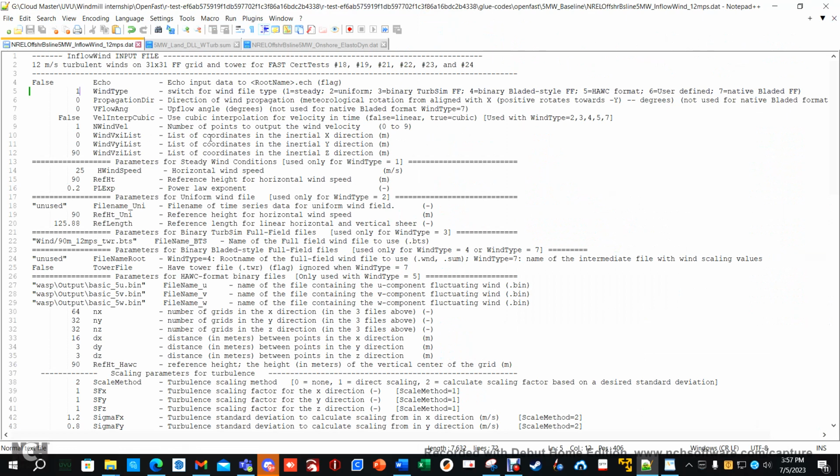Alright, the most important thing on here is this wind type. This is what switches it from steady to uniform to turbulent, etc. So by default, yours is set to 3. 3 is a binary TurbSim file. Full field file is what FF means. Okay, if you come down here where it says parameters for binary TurbSim file, used only with wind type 3,